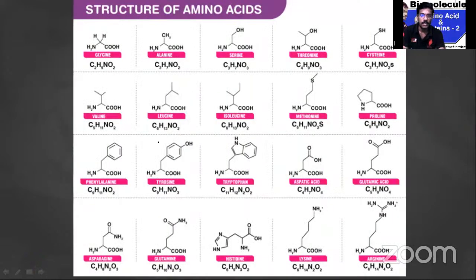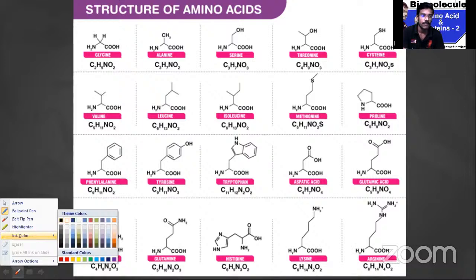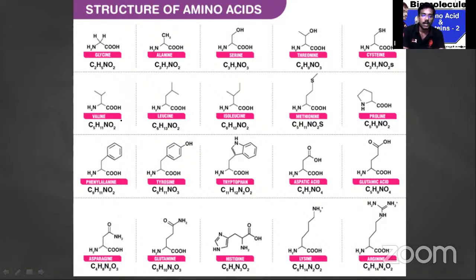Okay, and here I'm drawing the structures of different amino acids. As you know, in nature there are several thousands of amino acids, but proteins are made up of only 20 amino acids, and these 20 amino acids are glycine, alanine, then serine. This is the structure. Then threonine, then cysteine, then valine, then leucine,